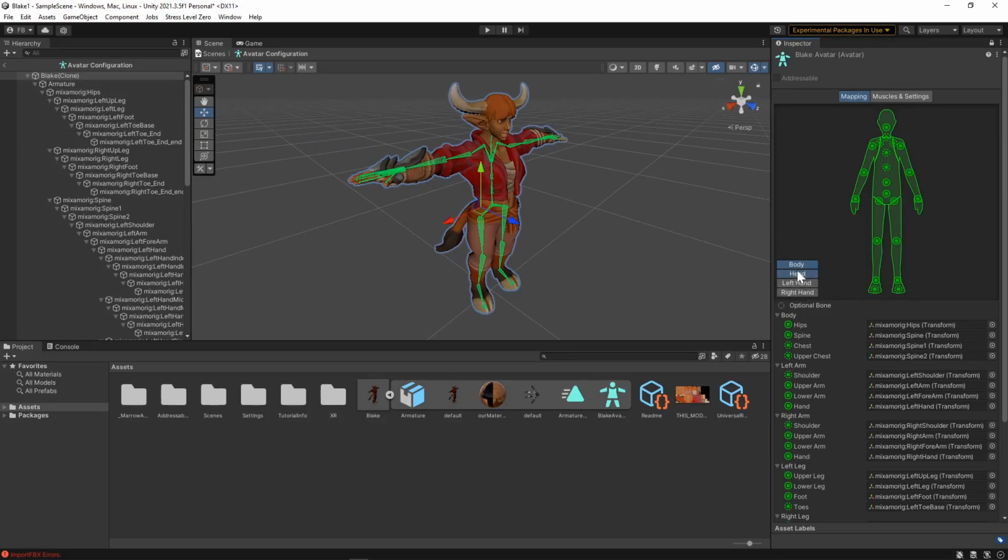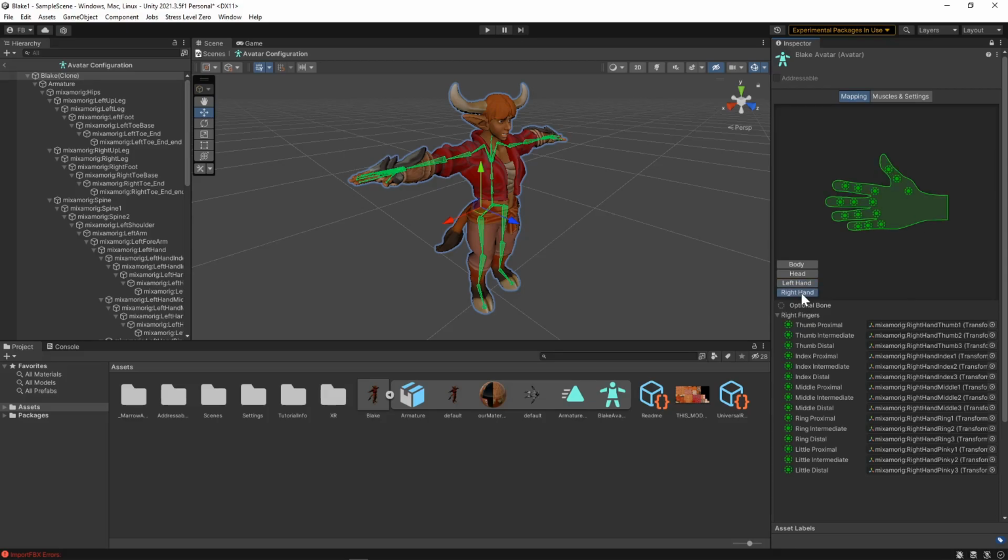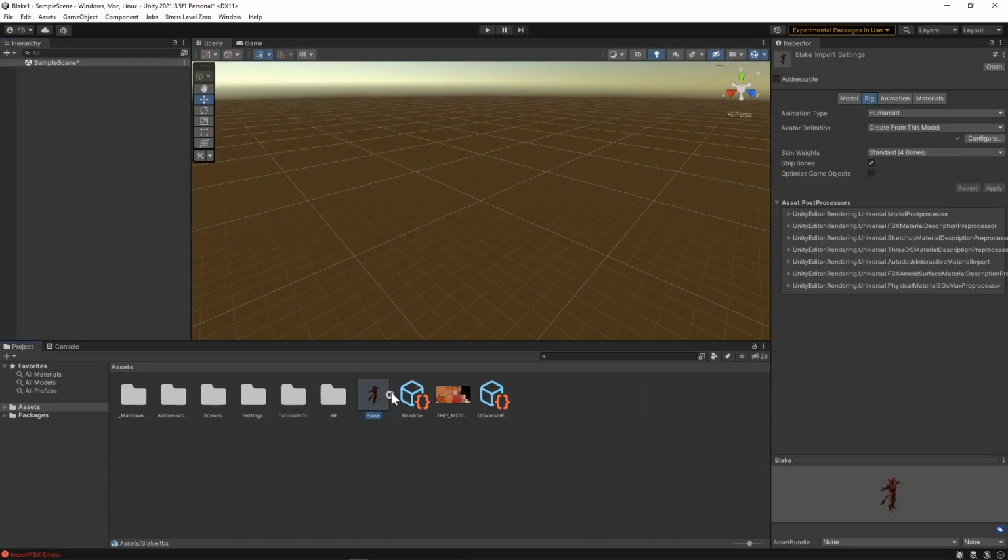So head, we are going to have to add eye center because there's no eye bones. That's fine. All of our fingers on both of our hands are mapped correctly. If not, you will see that these parts are just empty, or some of them are empty. Again, you only need 3 of them, although I'm pretty sure ideally what you want is your thumb, your ring finger, and your pointer finger, which I believe is called the index. I don't remember. Anyways, besides that, we have our character now in